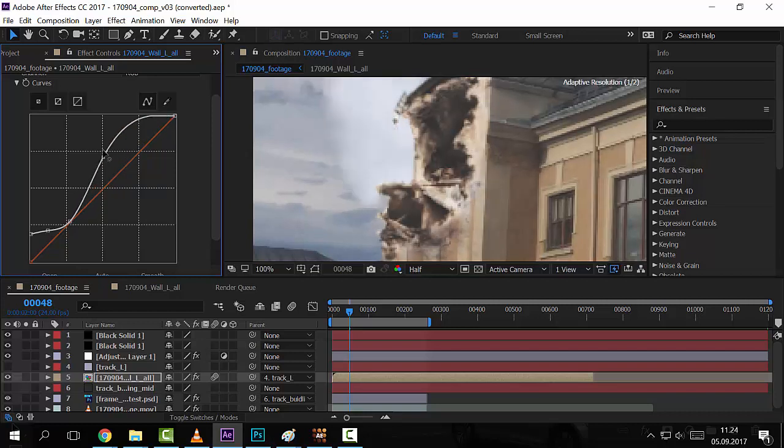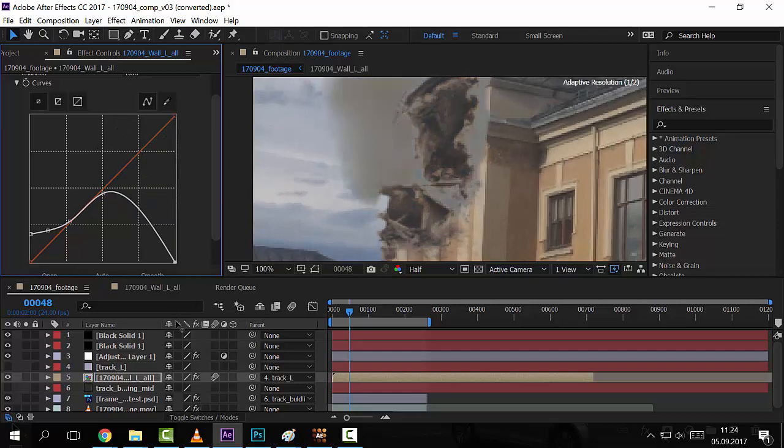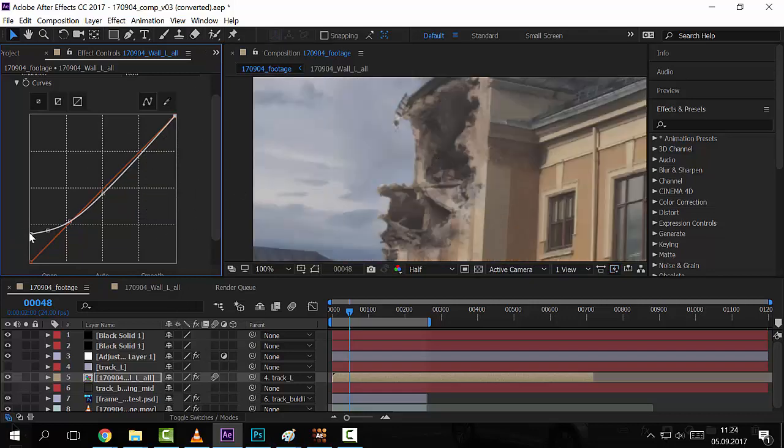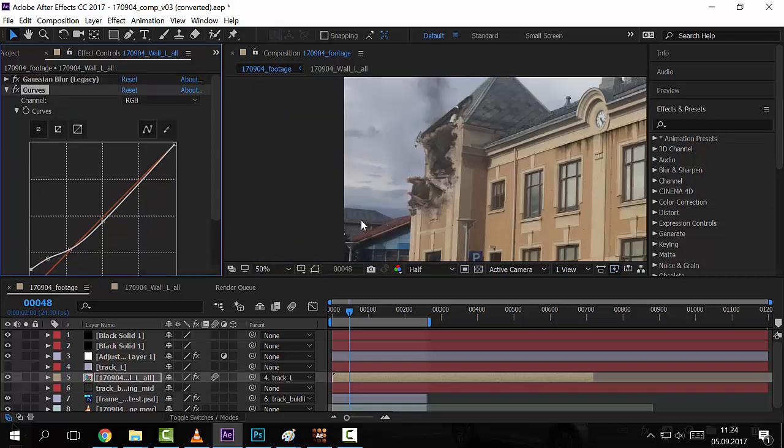So these are my mid-tones, and these are the brightest parts. We can take those down or up. The brightest tones I'm not so concerned with. It's much more the contrast levels. So as I'm altering this, it's kind of similar to adding